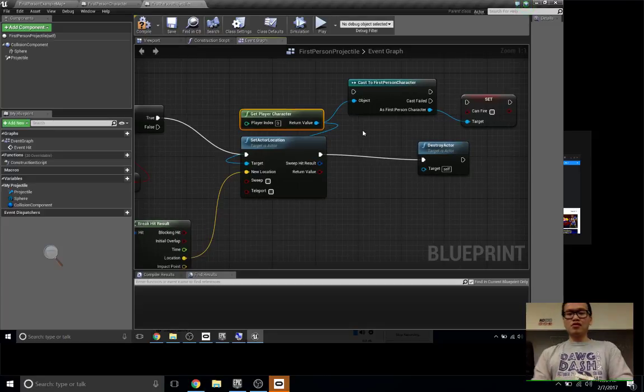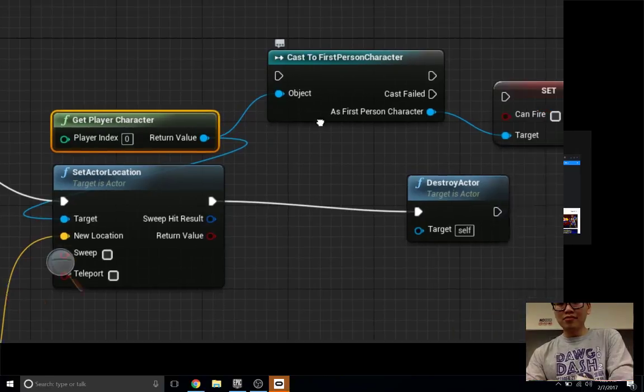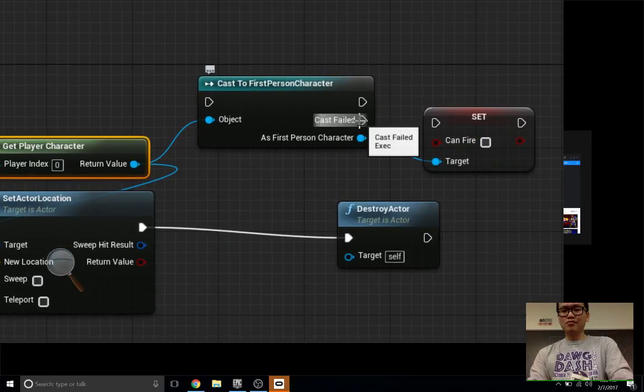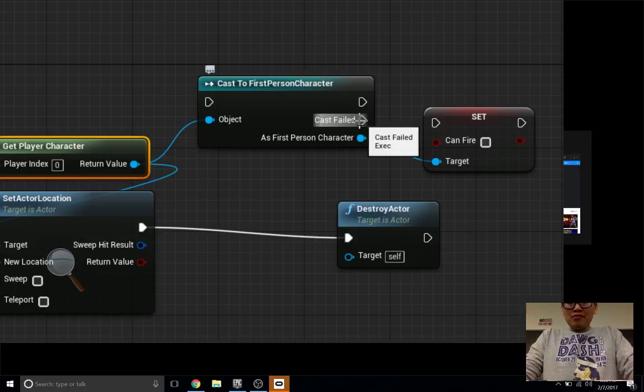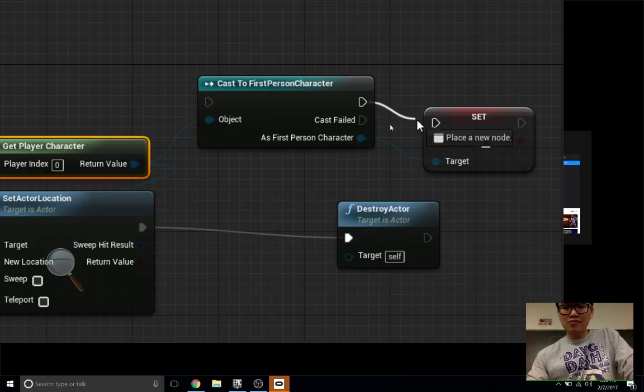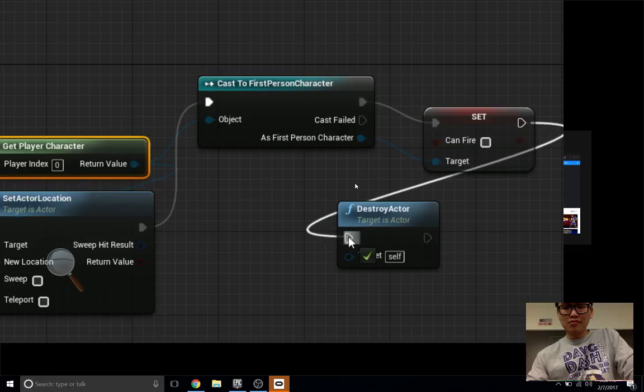Also, something cool about these casts is this cast node actually will tell you when the cast fails. So you won't get the equivalent of a segfault if you cast something and it's wrong. This uses the C++ static_cast convention, which will forcibly fail if it's not what you're expecting. So it's really good, your game won't crash all the time and you won't know. It's really good when it does that.